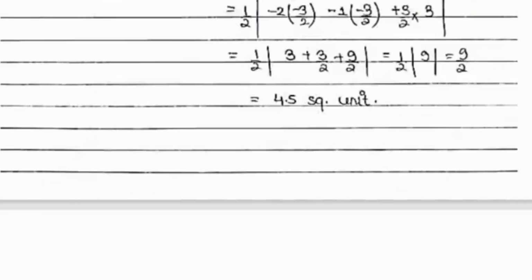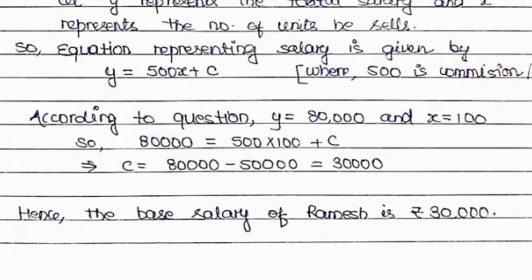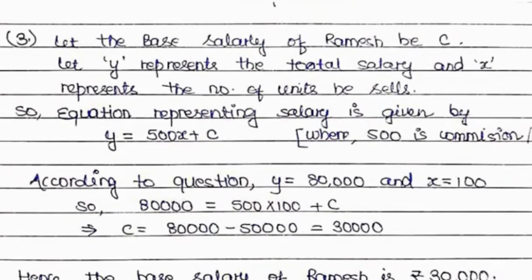Now we will go to the third question. The third question says Ramesh works in an MNC limited company as a sales manager. He receives a monthly base salary and a 500 commission for each unit he sells. We are given that Ramesh receives a monthly base salary and a commission of 500 rupees for each unit he sells. At the end of the month, he figures out that he sold 100 units and received 80,000 at the end of the month. Then we have to predict what was Ramesh's